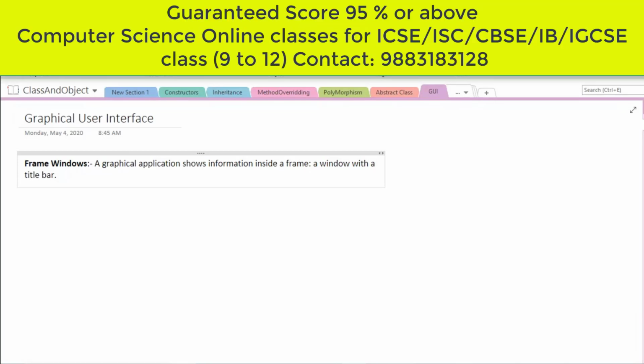So a graphical application shows information inside a frame, right? What is a frame? A frame is a window with a title bar. The situation is like this. Okay, you can think